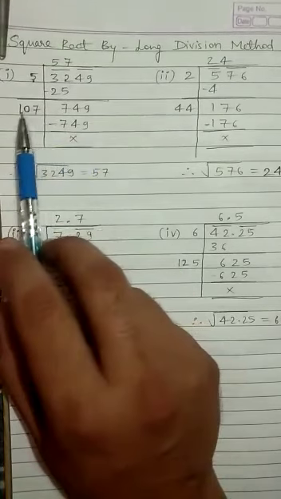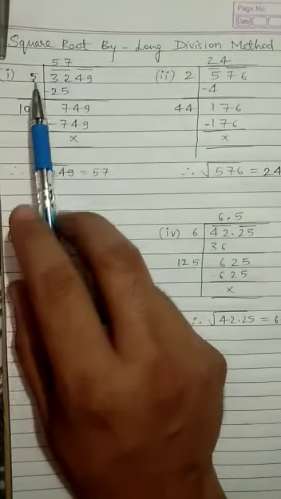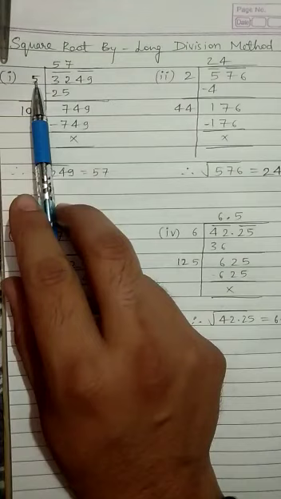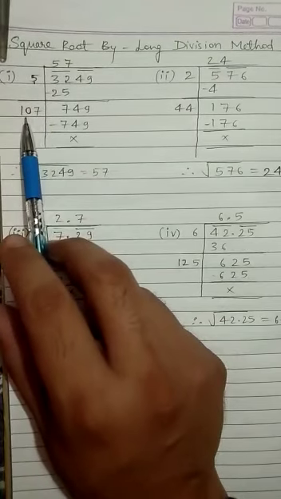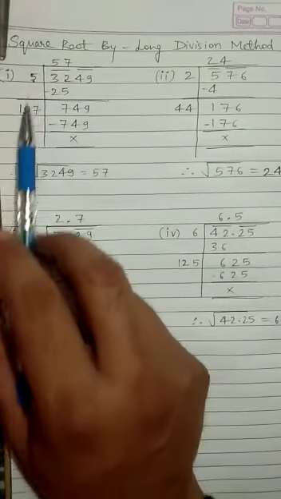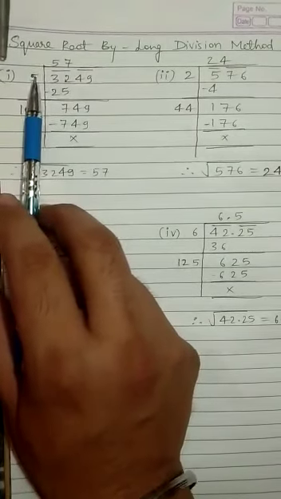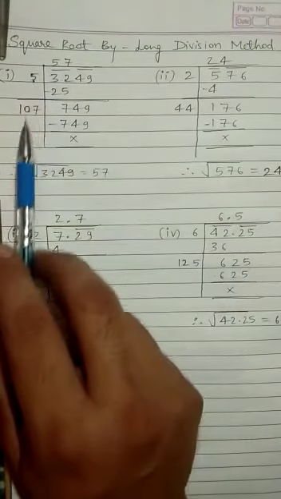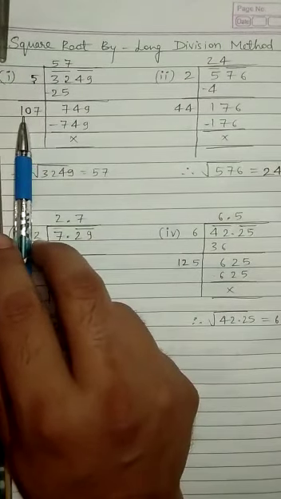Now in the next step below, whatever digit comes here, we make the double of that number. 5's double is 10. We'll write 10. Suppose if 4 would have come here, 4's double is 8. Suppose if 3 would have come here, 3's double is 6. But here 5 has come, so 5's double is 10. Now